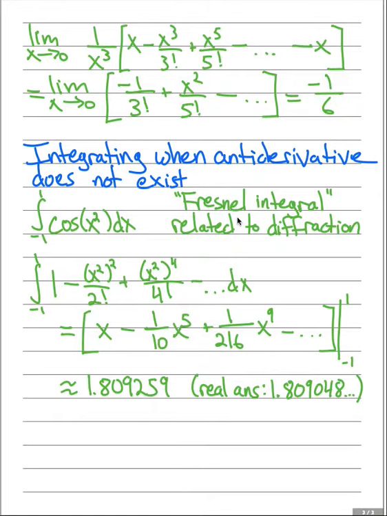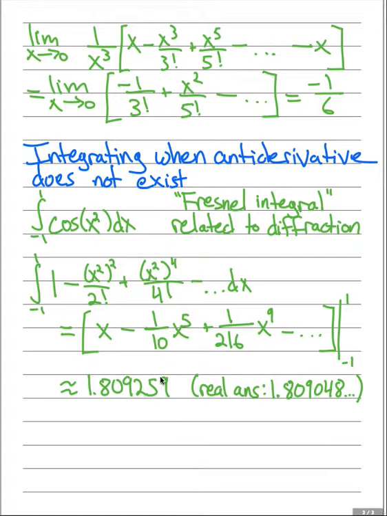So what you can do is you can make an estimate for this thing, and there's no rule here, or no easy rule for how many terms to keep in your Taylor polynomial, but I'm going to take cosine of x squared, so that's 1 minus (x squared) squared over 2 factorial, plus (x squared) to the fourth over 4 factorial, and I'm going to stop there. And I'm going to anti-differentiate that and try to integrate from minus 1 to 1. So the antiderivative is x. This becomes minus 1/10 x to the 5th. This becomes 1 over 216 x to the 9th power, and so on. And if I just take these three terms and evaluate from minus 1 to 1 and subtract, I get